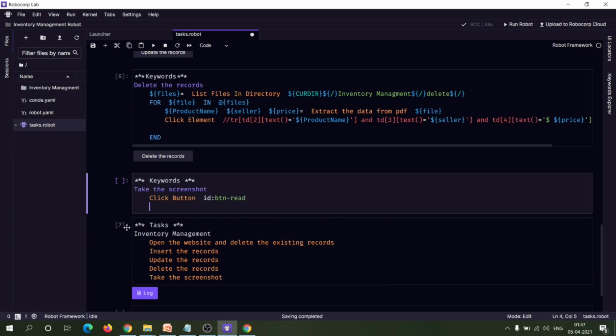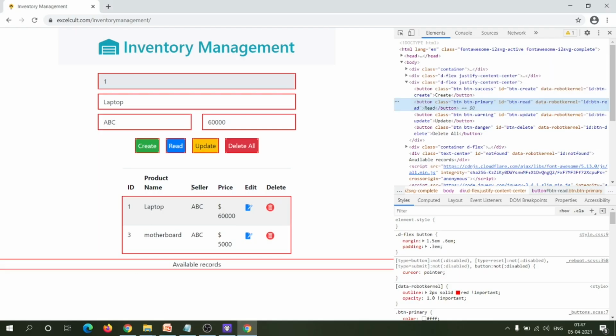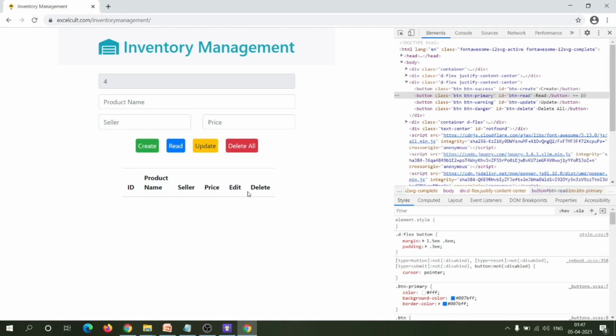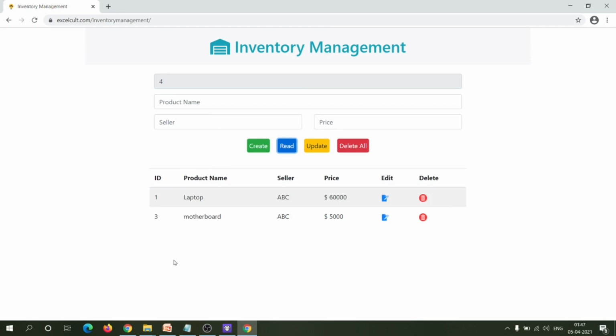Now after clicking the read button, you have to take the screenshot of the available record.